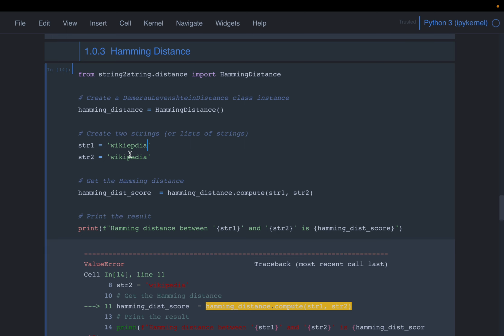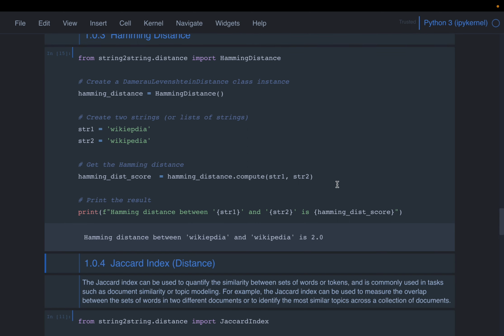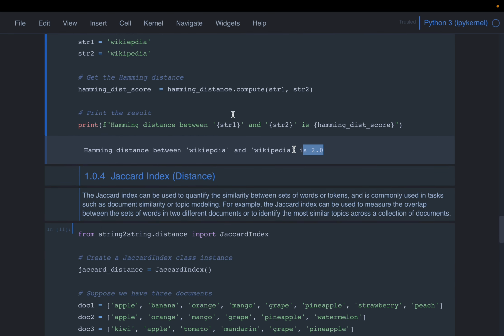So if you look here, at 1 and 2, there are two positions where the characters are different. Okay, so if we compute this, the Hamming distance is 2. Okay, now